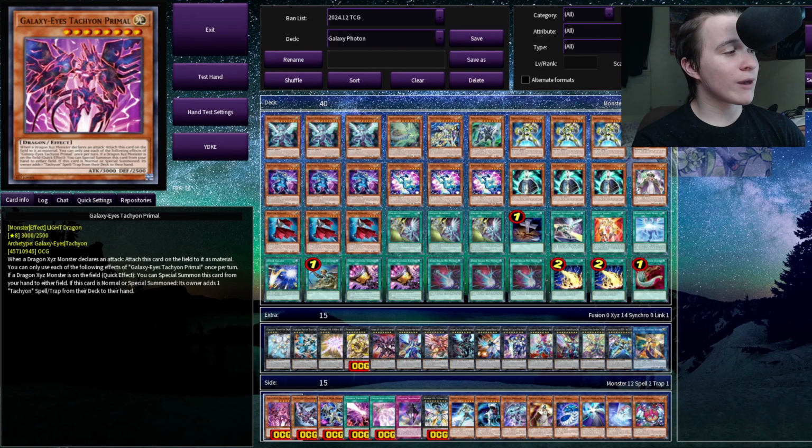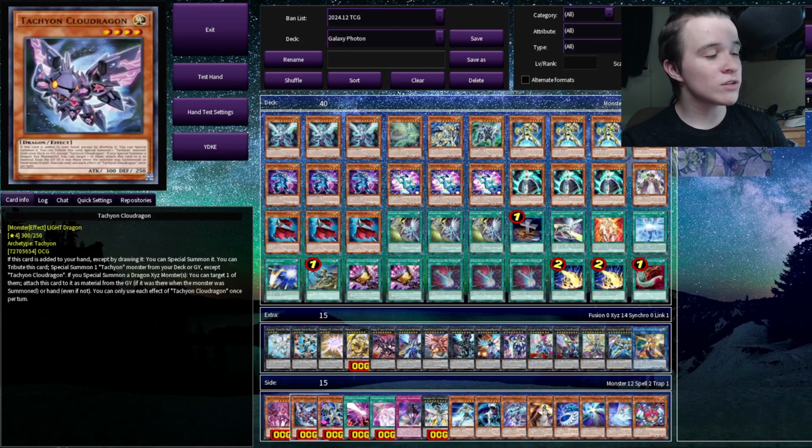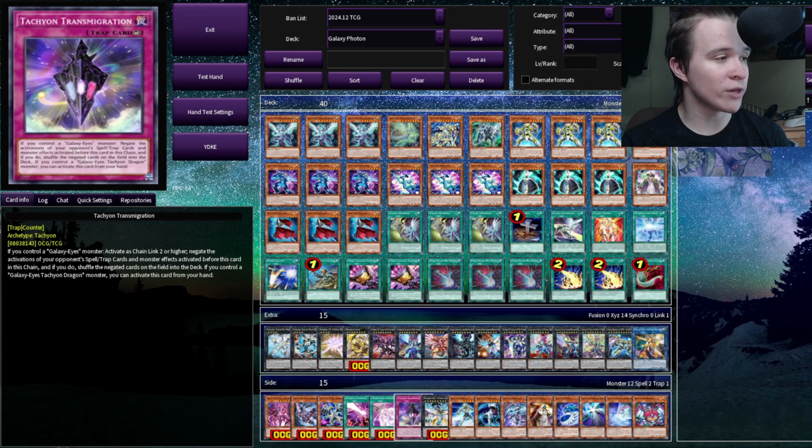But Galaxy Eyes Tachyon Primal is level 8 and says when a Dragon Xyz monster attacks, you can attach this card on the field to it as material. Actually, it's a mandatory, and says you can only use each of the following effects once per turn. If a Dragon Xyz is on the field, quick effect, you can special summon it from your hand to either field, and then the owner adds 1 Tachyon spell or trap from deck to hand. This is basically the only way to search for Tachyon Transmigration,